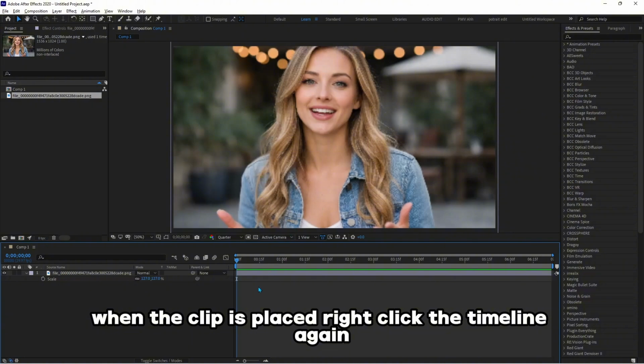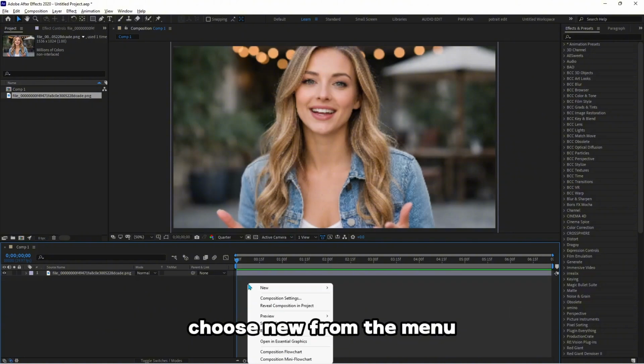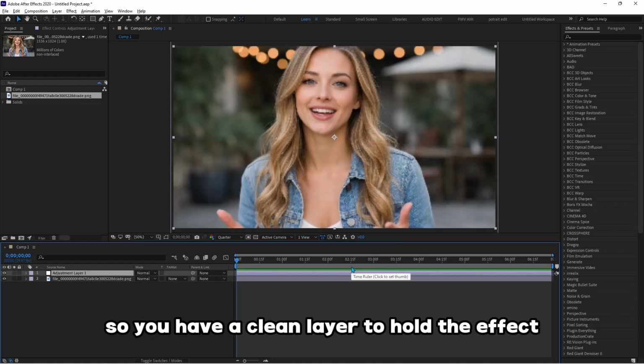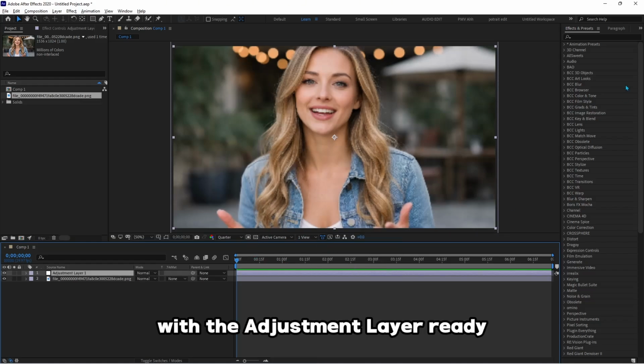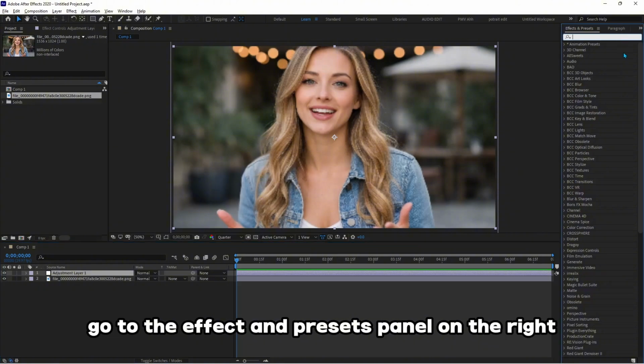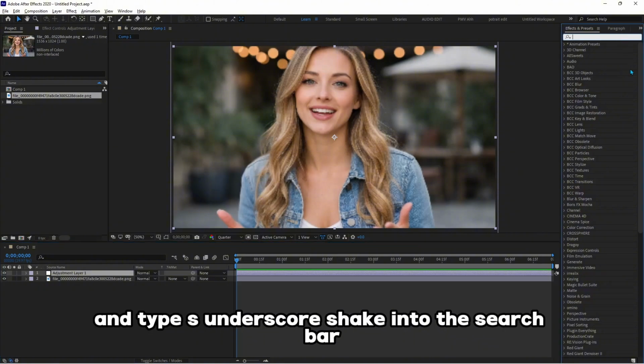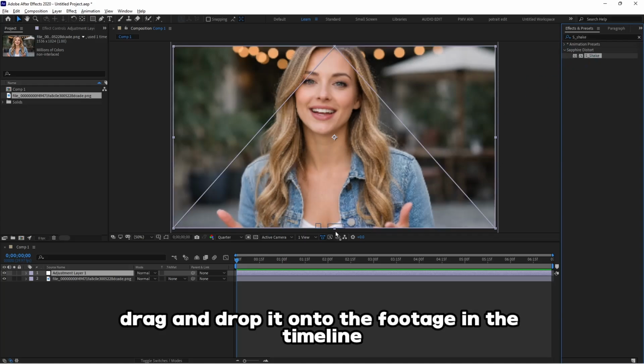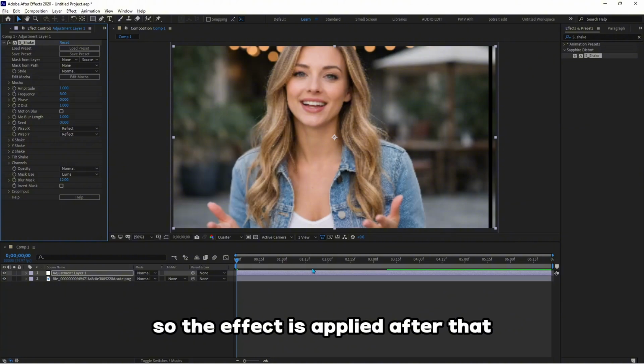When the clip is placed, right-click the timeline again, choose New from the menu, and then select Adjustment Layer, so you have a clean layer to hold the effect. With the adjustment layer ready, go to the Effects and Presets panel on the right, and type THWE into the